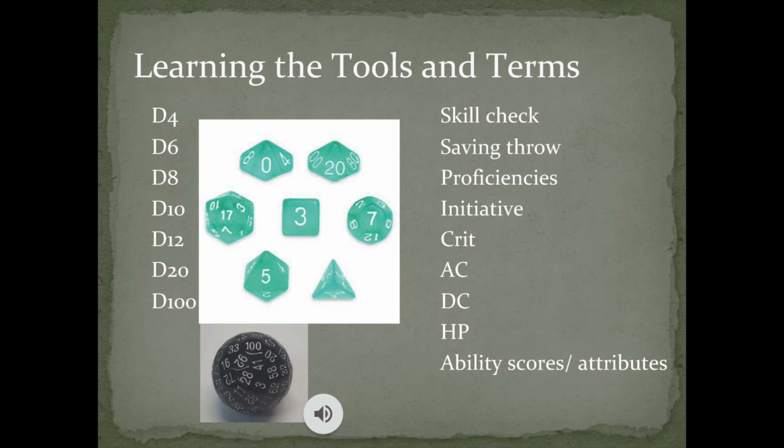And then ability scores and attributes. These are the core numbers that make up your character. You'll have 6 of them. There is strength, dexterity, constitution, intelligence, wisdom, and charisma. These numbers, once you have them filled out, expand and fill out the rest of your character sheet for the most part in terms of the numerical scores. They are what determine your skill checks, your saving throws, part of your AC, and part of your DC. So, very important, and they are the core aspect of building a character.